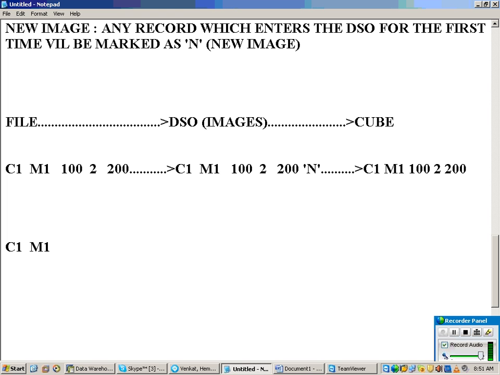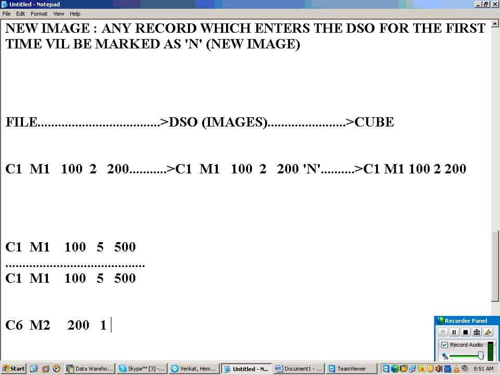C1 M1 has been changed from 2 to 5, so it's a modified record. Now the data in the source has this particular data replaced. And after some time, the other one was again a new transaction. So file 2 has 2 records.